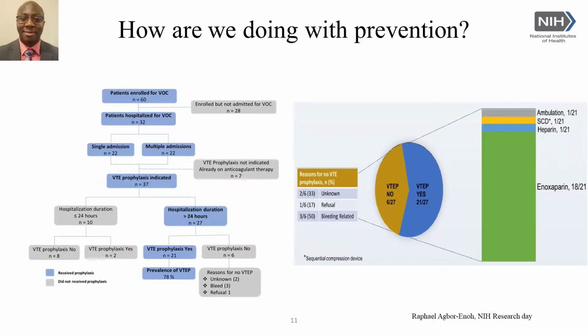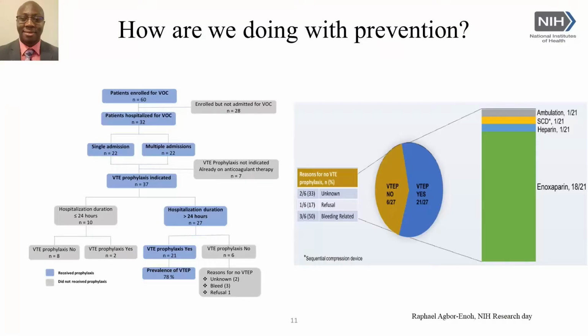So we examined some of the data that we have at the NIH in one of the protocols that Swile is the PI of, and it looks at admitting patients with an acute vaso-occlusive crisis. When you see the number of patients admitted in this slide, this is data done by a really smart summer intern, Rafael Agbor Ino, who's originally from Cameroon but now lives in the US and is studying for his PharmD. He was a third-year student who spent some time in the lab and basically looked at 60